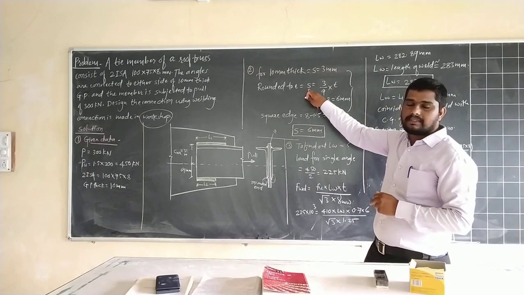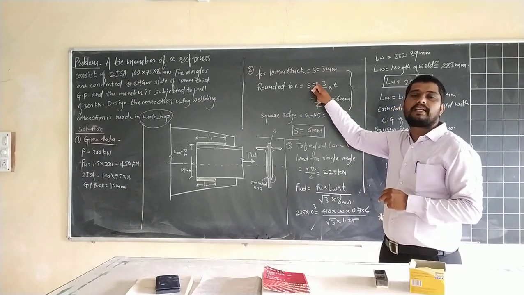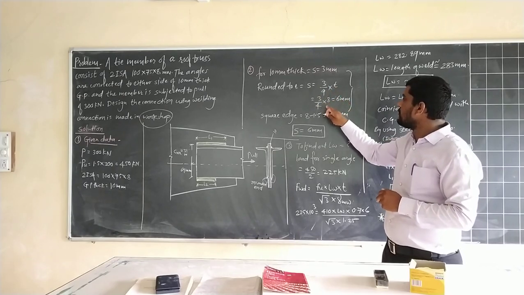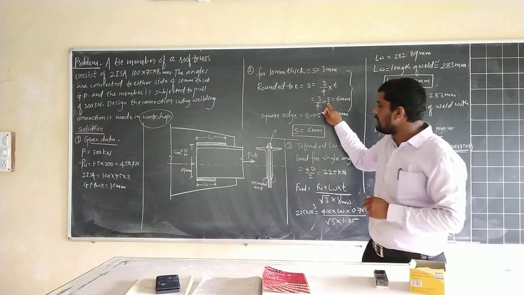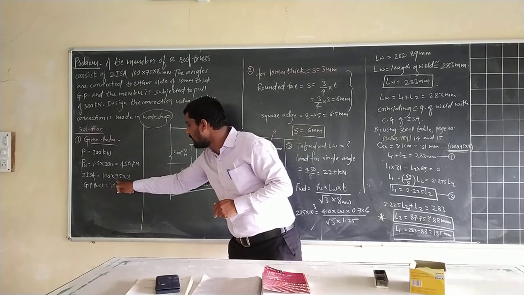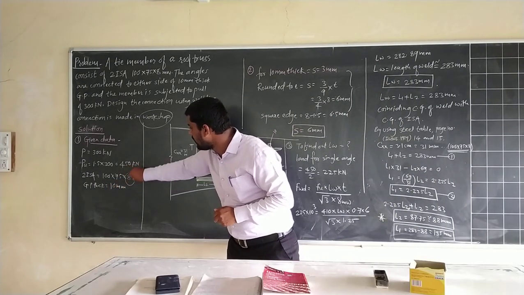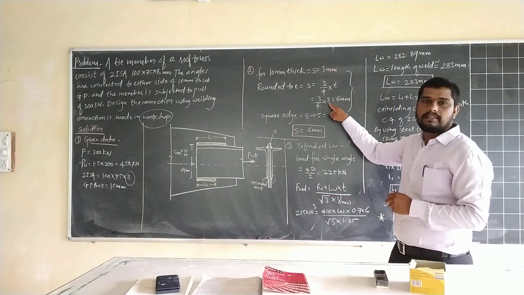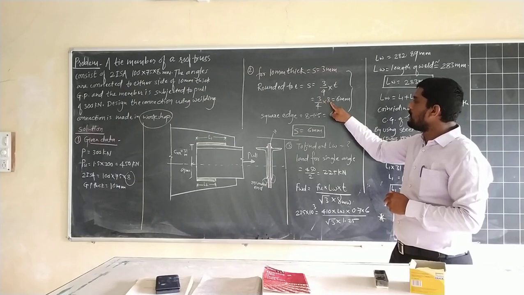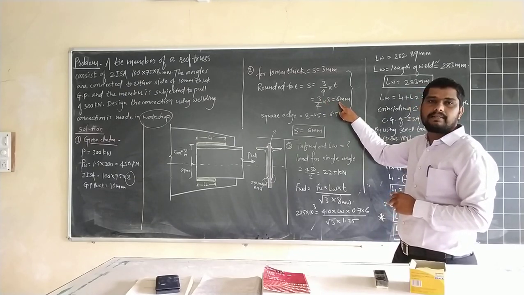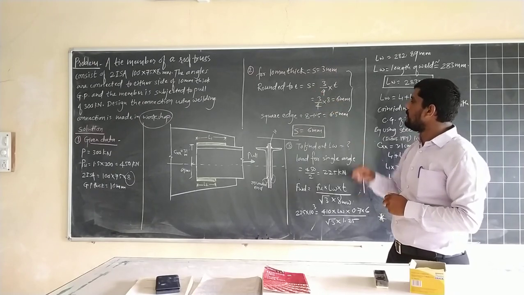At the rounded toe, size of the weld S is equal to 3/4 of the thickness of the plate. So 3/4 of the thickness of the angle section, which is 8 mm, already mentioned here as 100 by 75 by 8. Where t is the thickness of the angle section, we have written here 8. So 3 into 8 is 24, divided by 4, the answer is 6 mm size of weld.